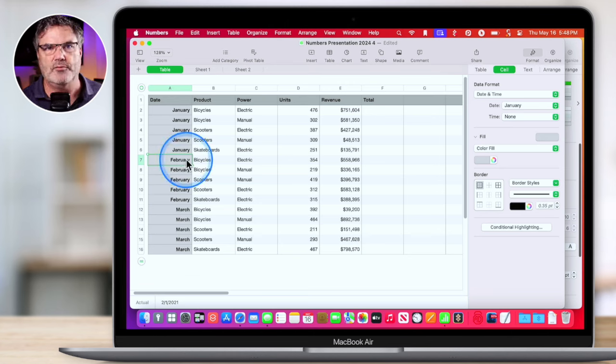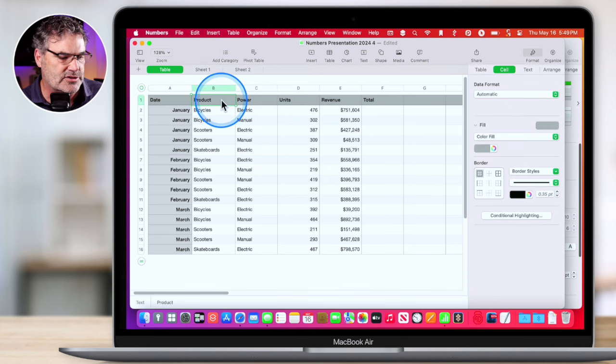And this comes in when you start categorizing and things like that. So let's say what I wanted to do is categorize. I want to group all of my bicycles together. You're going to see that I have bicycles here, bicycles here, bicycles here. I need to categorize these. In order to do that,